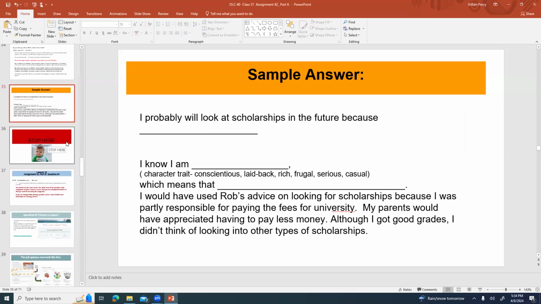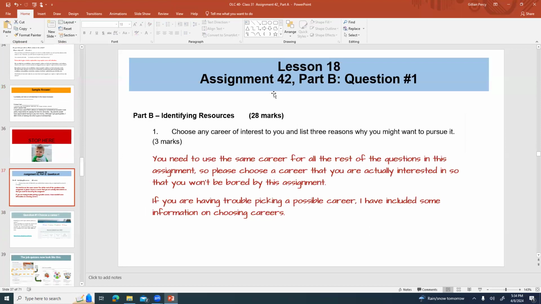Okay. So we're finished a little bit quicker than I thought. So I'm just going to keep on going on to part of what I was going to tackle tomorrow. Okay. That was part A. This is part B. And we're looking at just question 1. There's a bunch of other questions. We're just going to tackle this one.